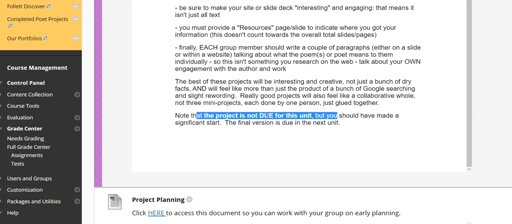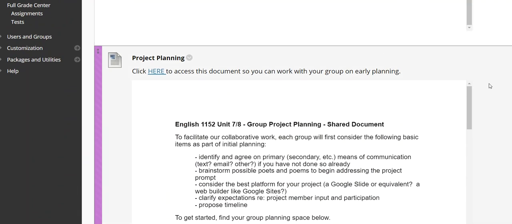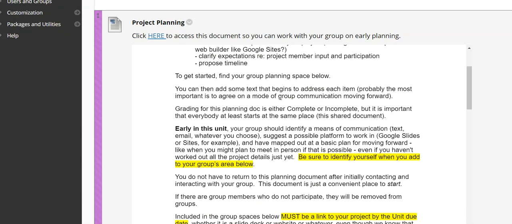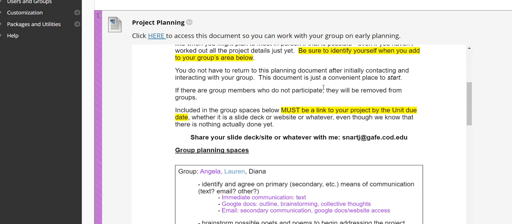So this isn't due this Unit 7 here. It's due the next unit, so you actually have lots of extra time to work on it. Again, managing the work, but also managing the schedules and connecting with people. To facilitate that, we have our planning document here. You can follow the link because you'll actually be working in this document. So click on it, open it up. It'll be editable, so just be careful about not changing stuff that I've produced here, like my text.